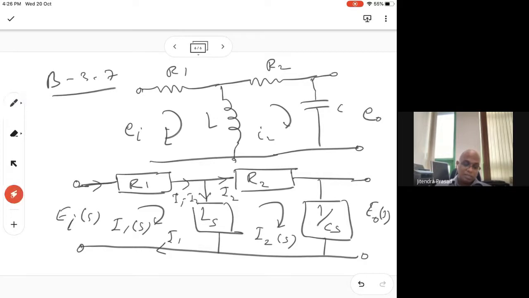We can do like that. So I1 is coming here, then I2 goes this way, and I1 minus I2 is this one, then this also becomes I1. So we can do like that. Okay, now,